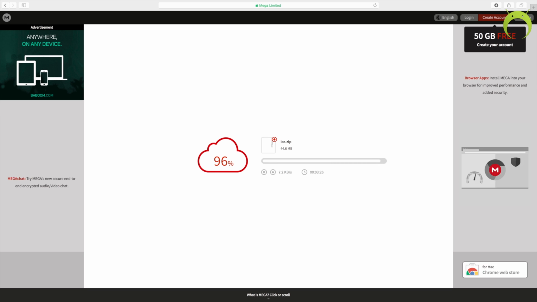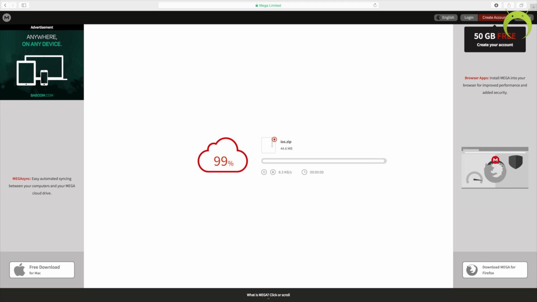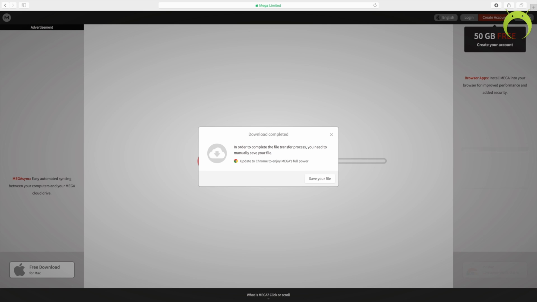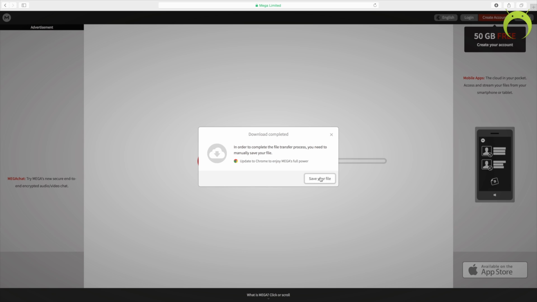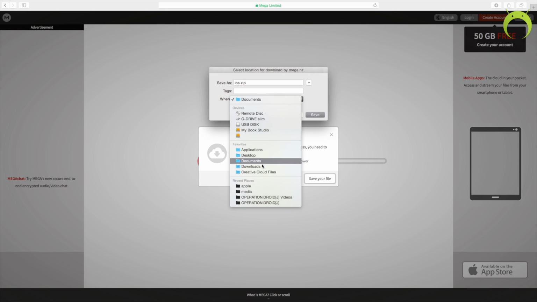So whatever type of download it is, just hit download and it'll begin to download a file called iOS zip that has all of the RetroArch cores within it in a folder. Once it's done, make sure to save your file to your downloads. Now make sure it is in your downloads, or else things are going to get a little bit tricky from here.